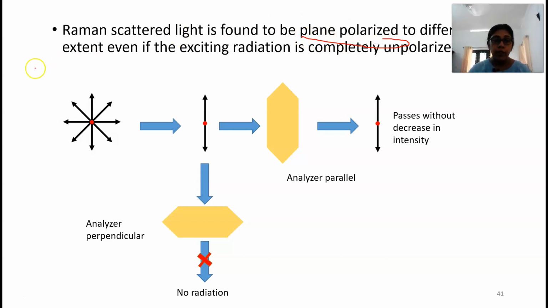So suppose this is the monochromatic radiation that we are passing through the sample. When you pass the monochromatic radiation through the sample, to a particular extent it can undergo polarization. We have shown the extreme case, where it has been converted to linearly polarized light. And if you are passing this particular polarized light, linearly polarized light,